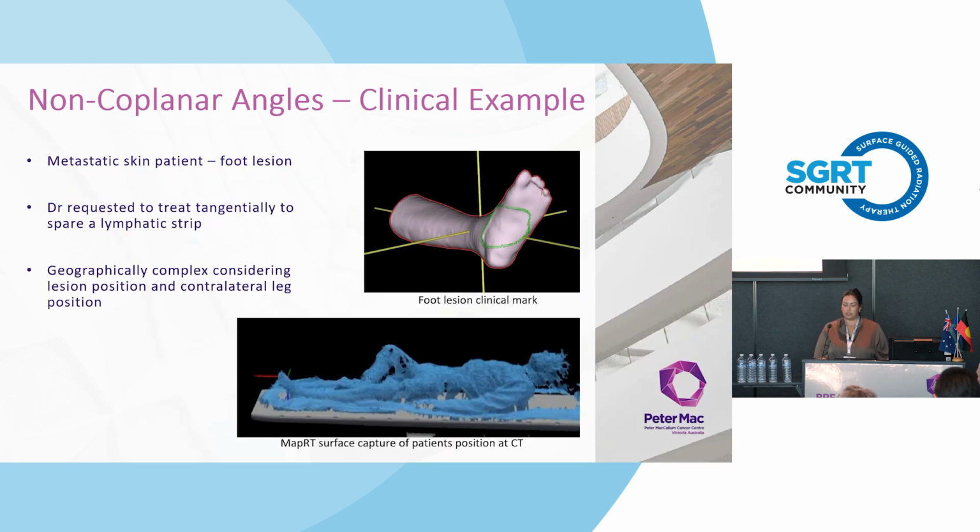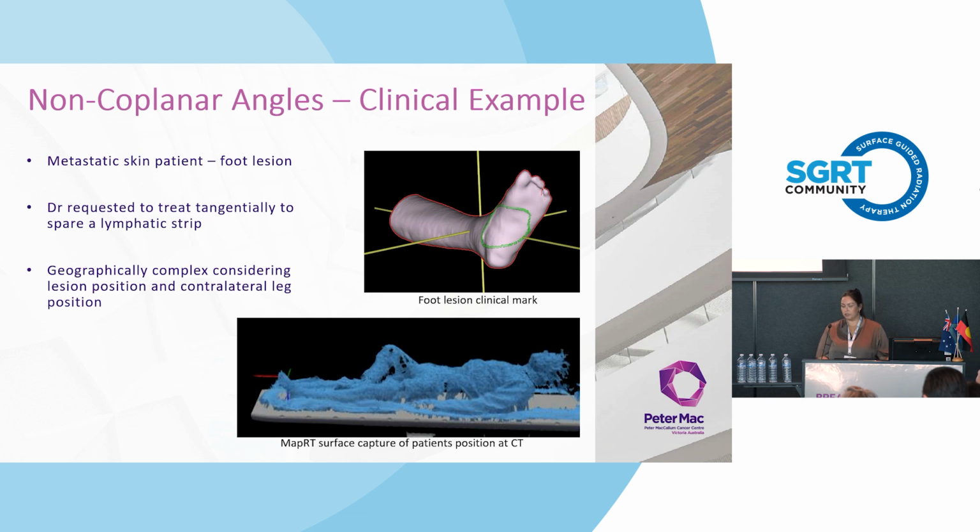And just another example of MapRT being helpful for non-coplanar planning is actually with extremities. So in this clinical example, we had a metastatic skin patient with a foot lesion that the doctor had requested to treat with 3D tangents in order to spare a lymphatic strip along the top of the foot. So this sounds easy in theory, but in practice became a lot more geographically complex, considering the treatment volume actually